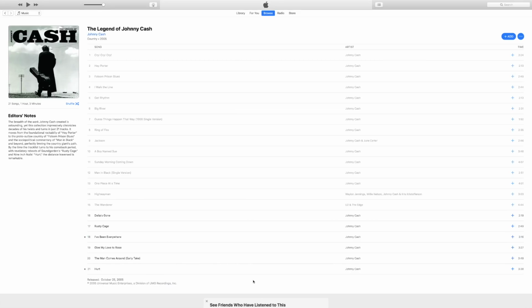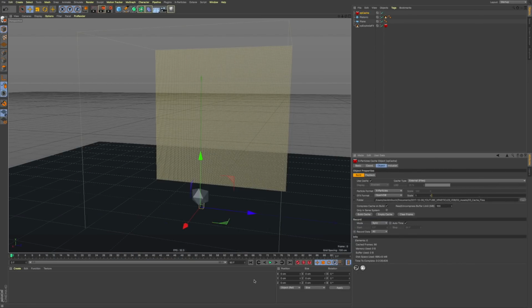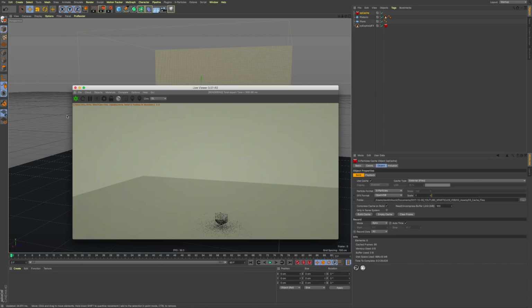Awesome. Looks like the cache is ready, and so is the cache. So let's go to the Octane viewport and see... nothing, because the data still hasn't been imported to Octane. But what we are going to do is we're going to come over here to Objects, and we're going to